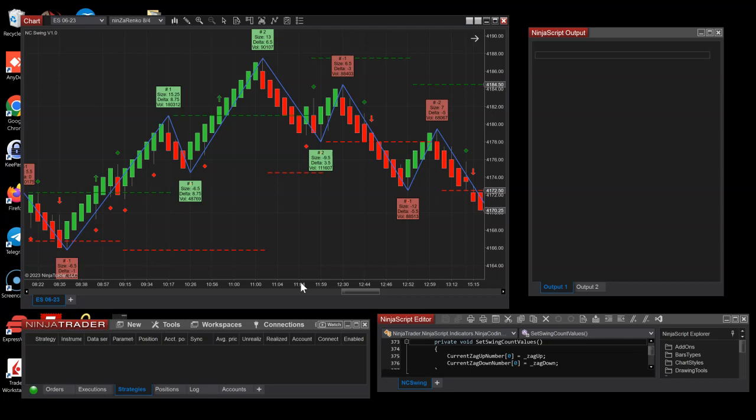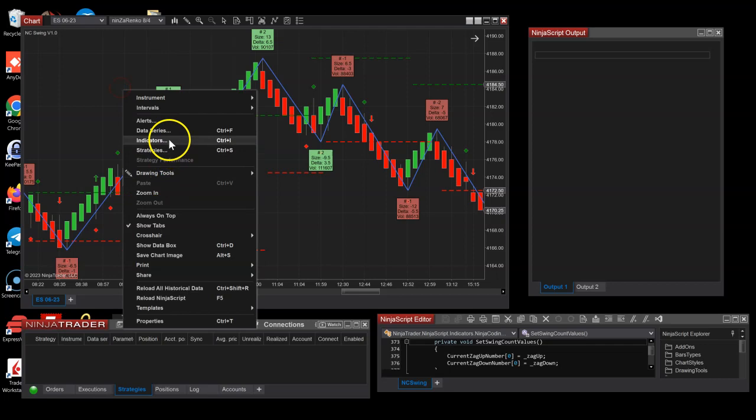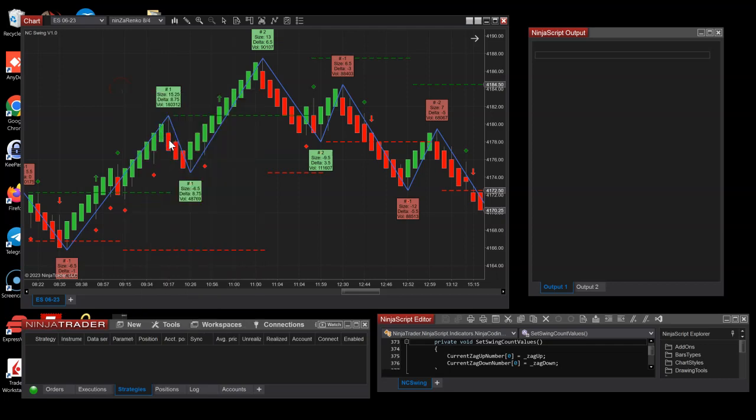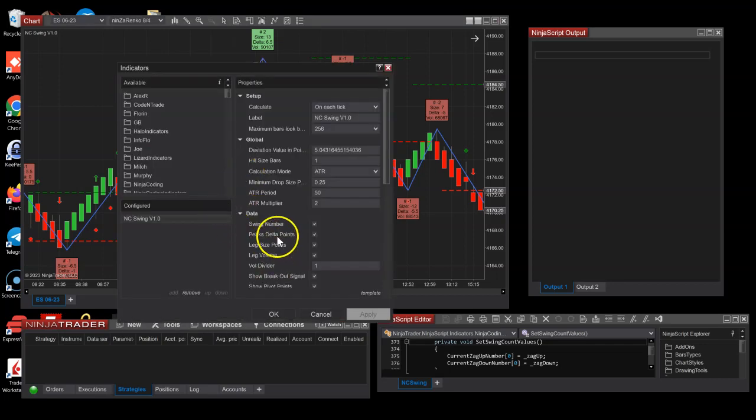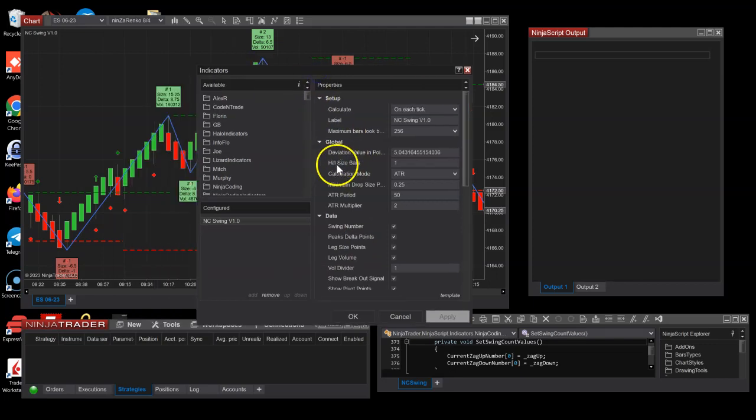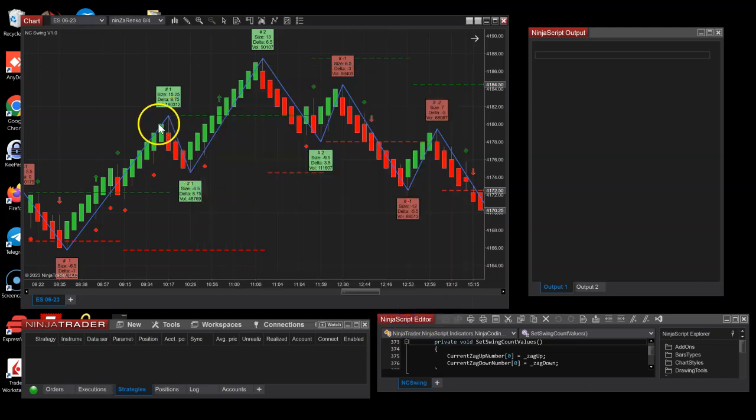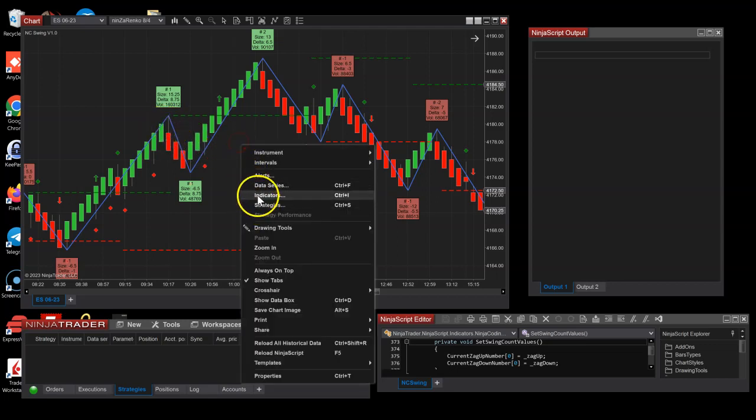What we see here as the diamonds are pivots. I have a custom pivot detector which doesn't look for patterns. It looks for hill size bars and the minimum drop size, which basically means we're looking for a high sticking out with one bar on the side, in this current setup. But nevertheless,